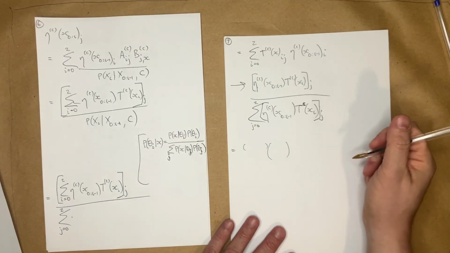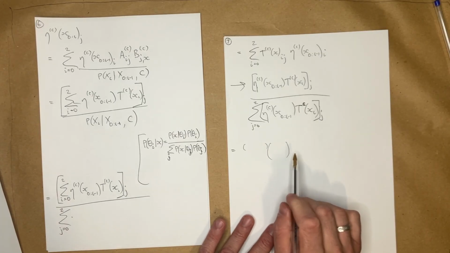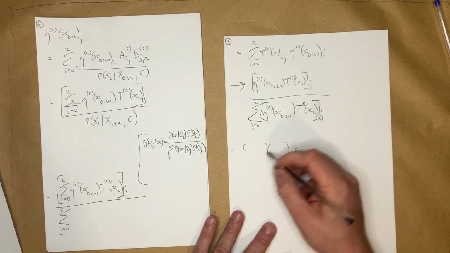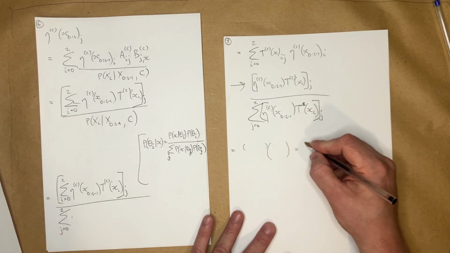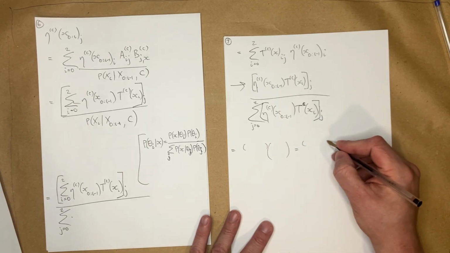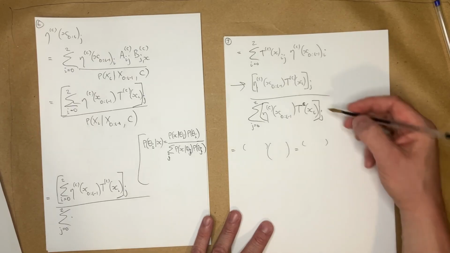Oh yeah, no, sorry, of course. So on the numerator, it is of this form, but obviously a row vector times a matrix is a row vector, but we're taking the jth index, so it's actually just a scalar